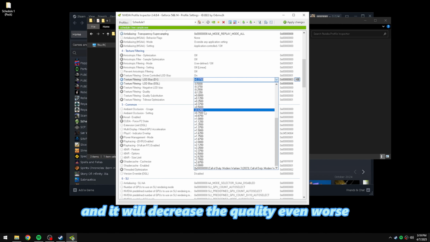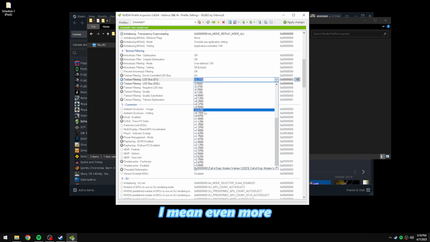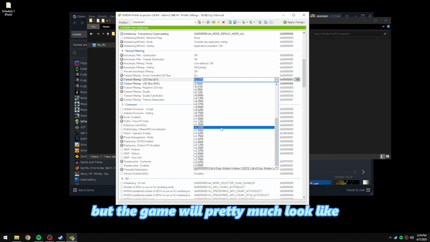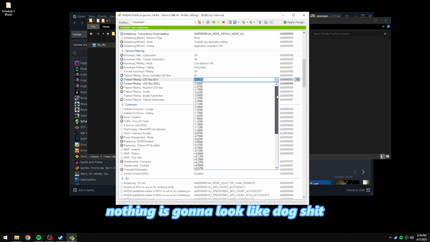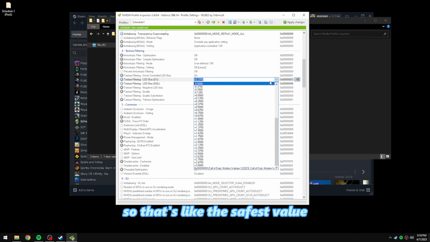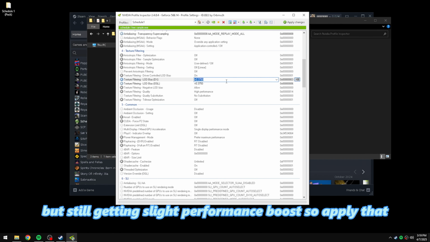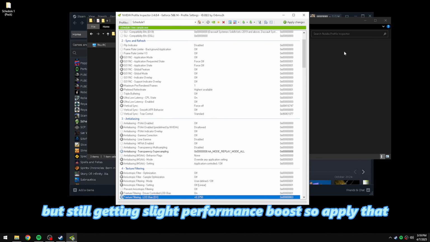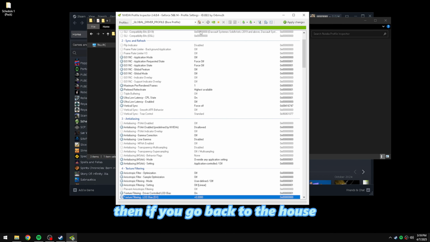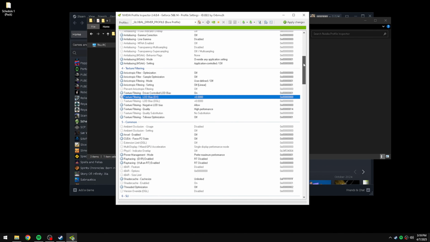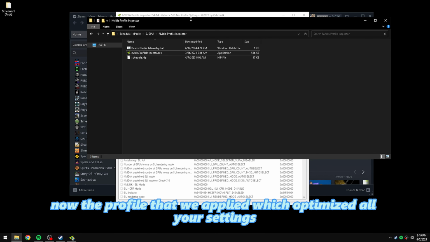which might give you better performance, but the game will pretty much look like nothing. It's gonna look terrible. So that's like the safest value without losing any quality, but still gaining performance. So apply that. Then if you go back to the home, now the profile that we applied that optimized our NVIDIA settings